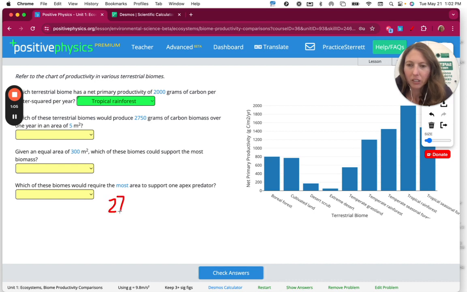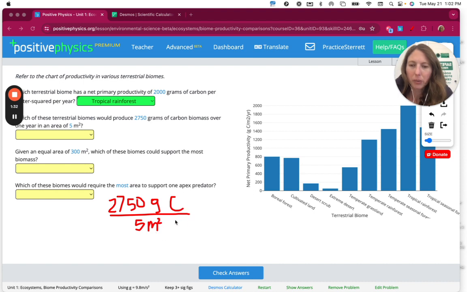2,750 grams carbon on the top. And then we're setting that over 5 square meters, 5 meters squared, and then this is all happening in 1 year. So if we look at these units, grams of carbon over meters squared, that's what we have on our y-axis. So we're going to end up getting as an answer what we want for our units that are on